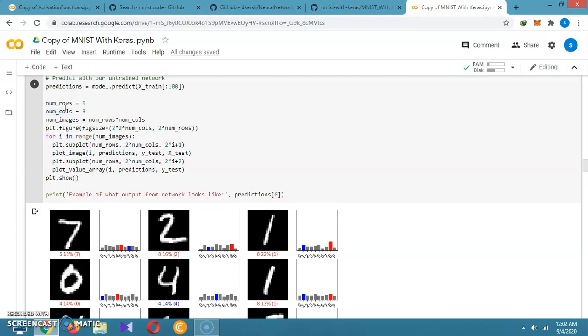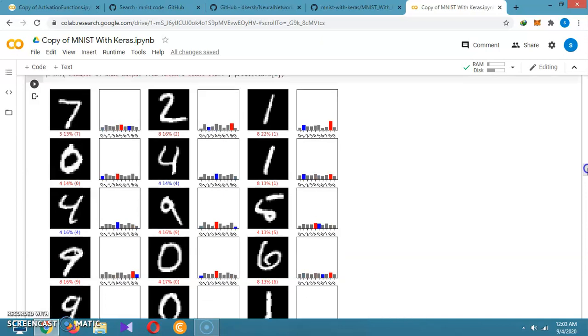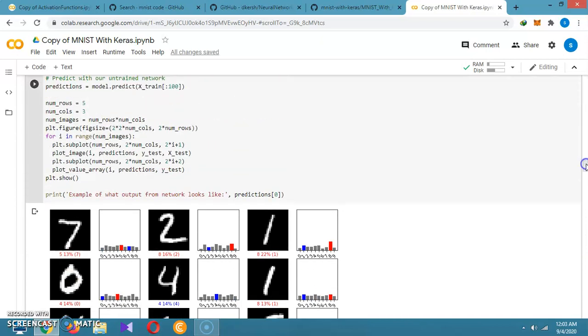So these are the number of rows and number of columns. We have only 3 columns and the number of rows, I think, is 5. If you want to change, we can also change it, and it is giving us the frequency, whether the number is of which format. So correct is a 7, correct is an 8.